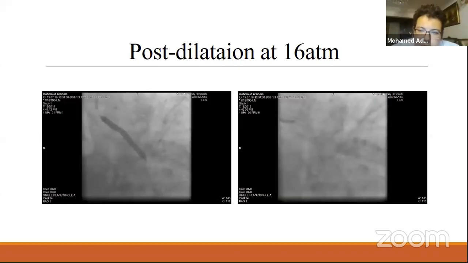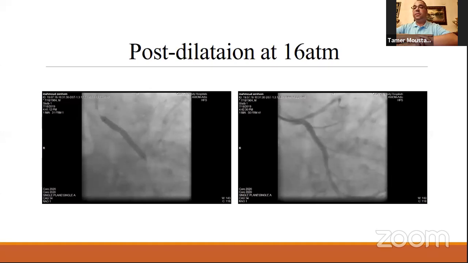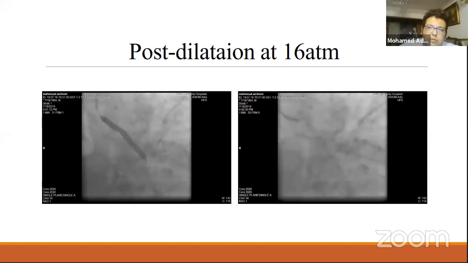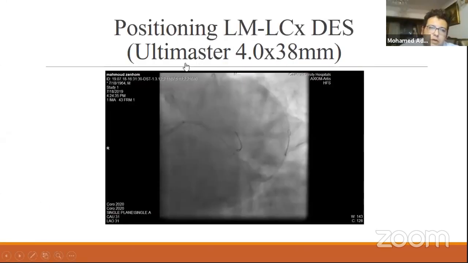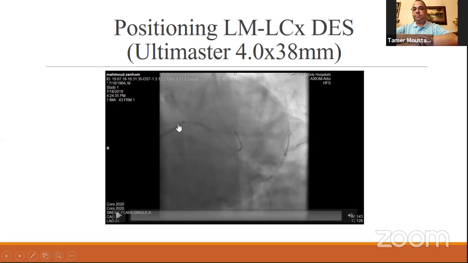Yes, 4 by 38 Ultimaster stent, a sirolimus drug-eluting stent. I put it covering the whole lesion in the circumflex and extending into the left main, but not reaching the ostium of the left main.